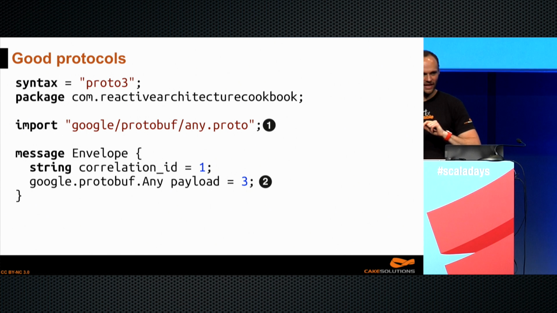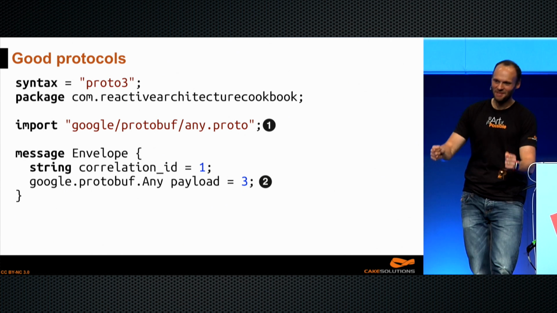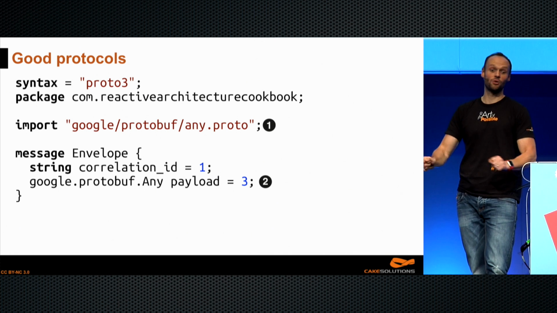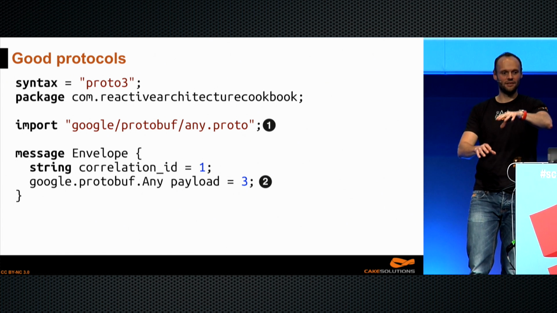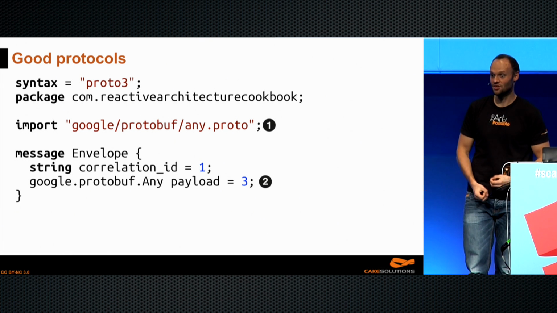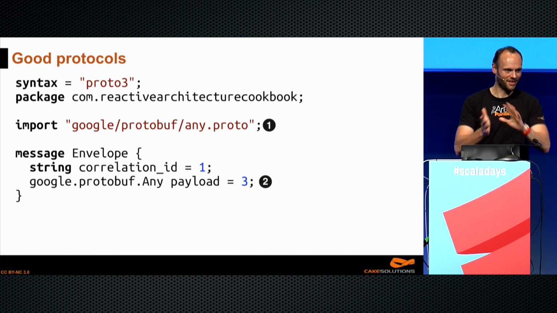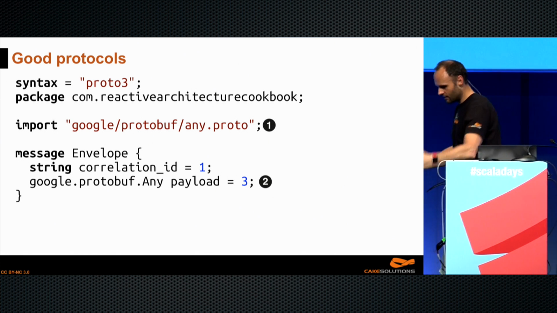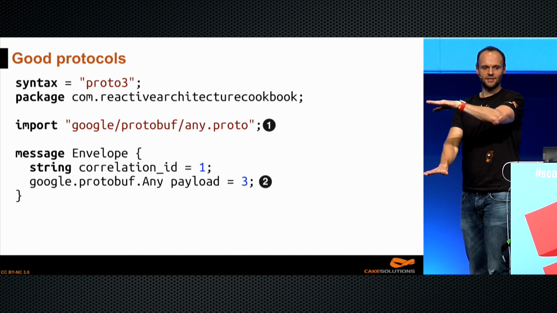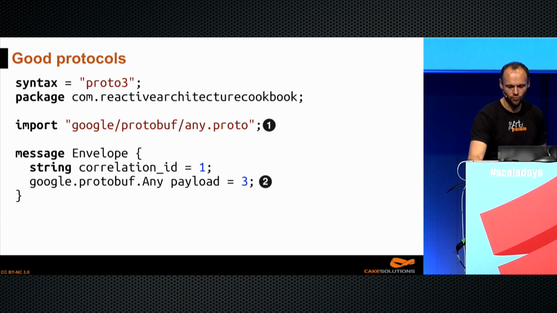Any, I'm not forgetting you. So any isn't the Scala any old anything. This is slightly more restrictive. It's any protobuf message. So what we have is an envelope, and for sure this payload field is a protobuf representable message. So it's not that horrific any, it's just slightly restrictive any. And hang on to number 2. That will become really, really important. For now, though, we get a message, we pack it inside an envelope, we generate a correlation ID so we can track the message throughout the system, and off we go.